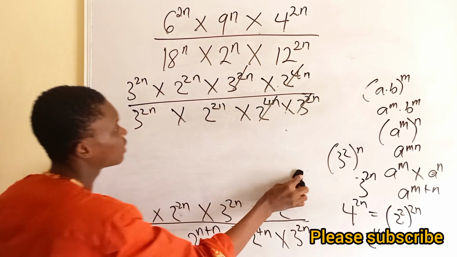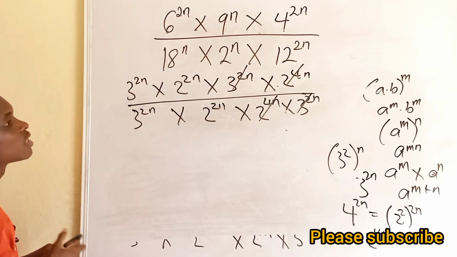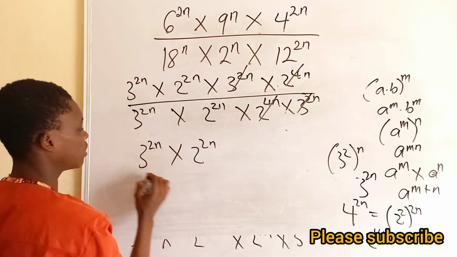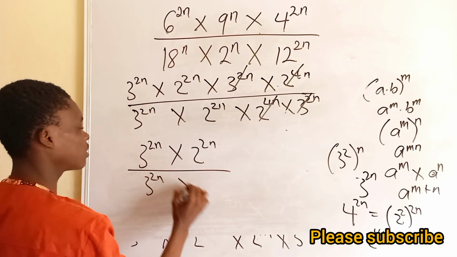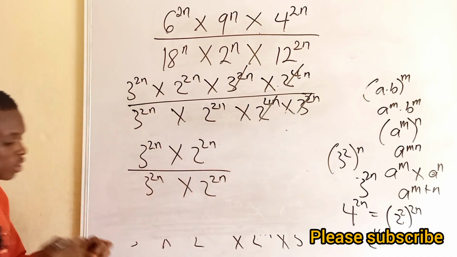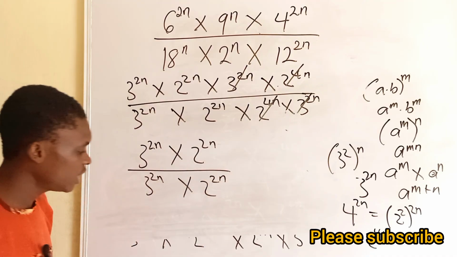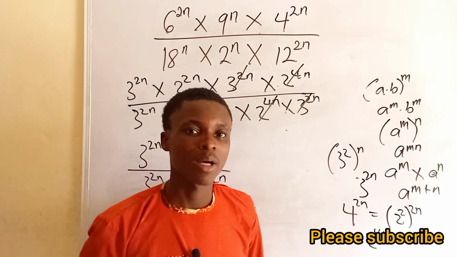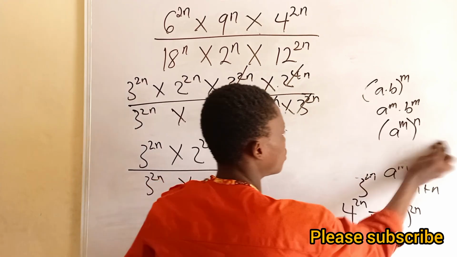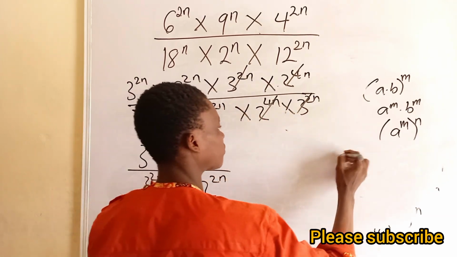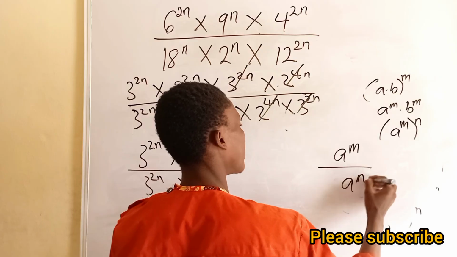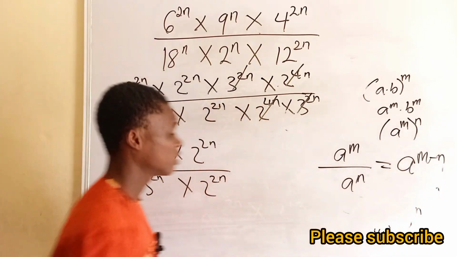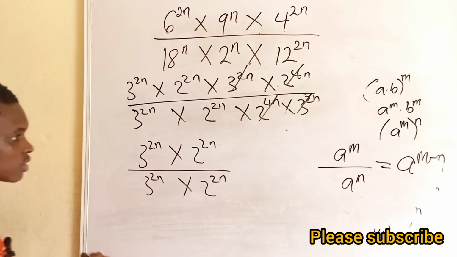So what next? From here, clearly, we can see that we only have 3 to the power 2n times 2 to the power 2n, all divided by 3 to the power 2n times 2 to the power 2n. So from here, we can now apply the division law of indices that states that whenever we are dividing and the two bases are the same, we take one of them and subtract the powers. So this is the law. If we have a to the power m all over a to the power n, because the bases are the same, we take one of them and subtract the powers. If we do that,